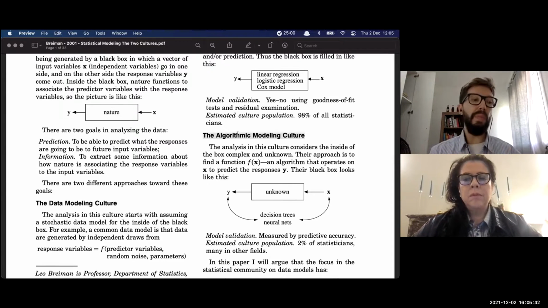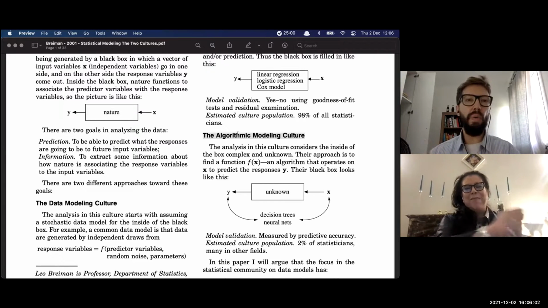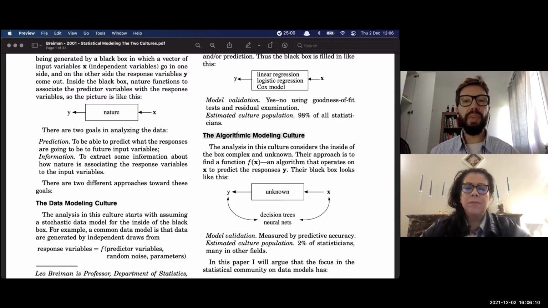But the problem is something Aderson said. I don't know if we have this expression in other languages, but in Portuguese, we have a saying that is something like, if you only know a hammer, every problem for you is a nail. So if you only know black box techniques, you use them for everything. And you have a result, but it doesn't mean it's the best result you can have.